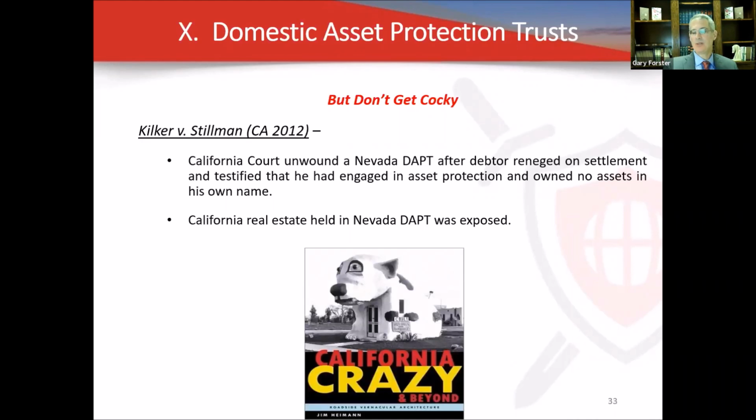Gilchrist Stillman is, again, California. California goes off the rails, but it's kind of a window into what the judges are thinking. This Stillman built a lot of pools for various developments. In California, there was some kind of a defect where they leaked, and he got sued. He says he goes